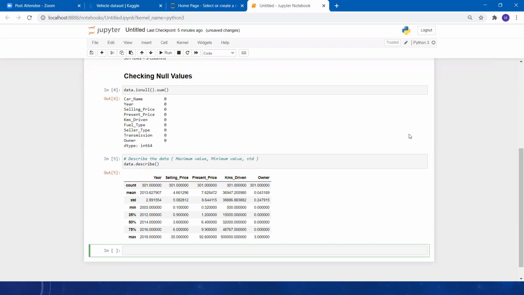Variance? No. See, the easy thing is that we can find the mean and median of our column. If the mean is much greater than the median, then we can say it is right skewed. And if the mean is much lower than the median, then we can say it is left skewed.